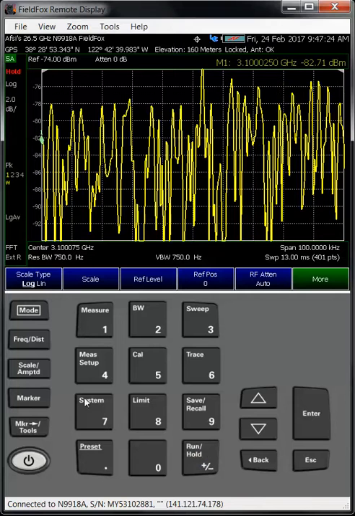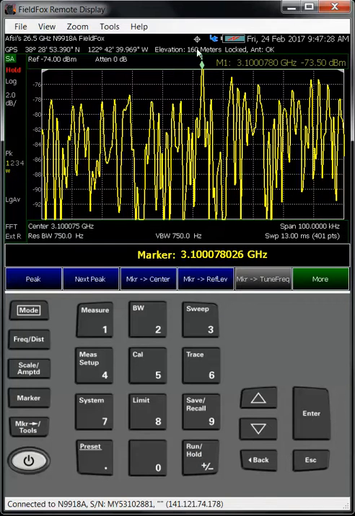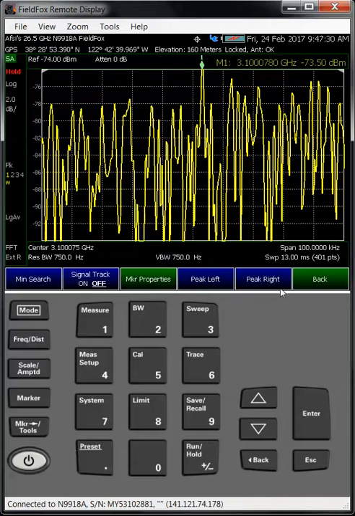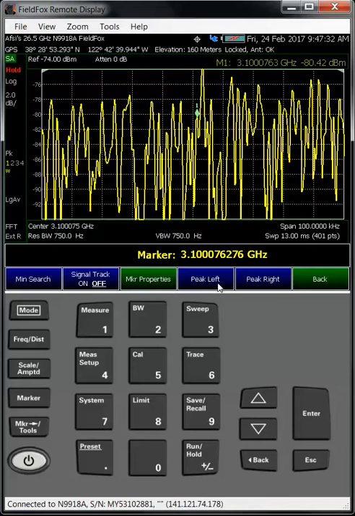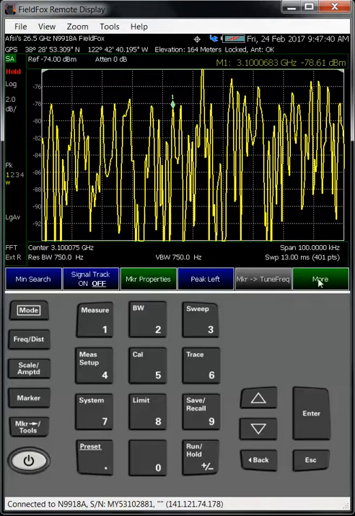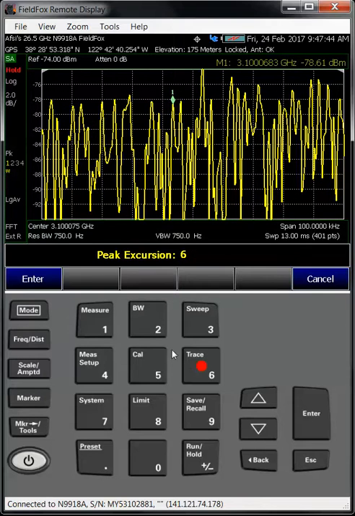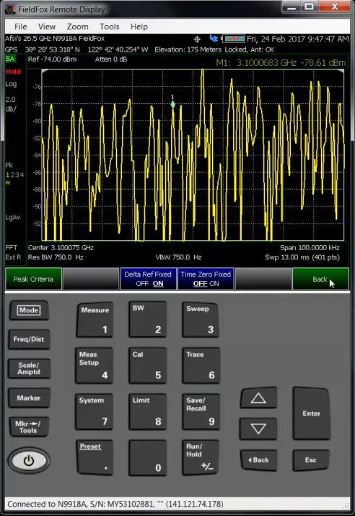Okay. Now I say marker to peak. It found that peak. I'll go ahead and say peak left. So I have a scale of 2 dB per division, and it's picking up all these peaks. Let me change the marker properties, peak excursion. The default is 6 dB. Okay. Now if I do peak left,